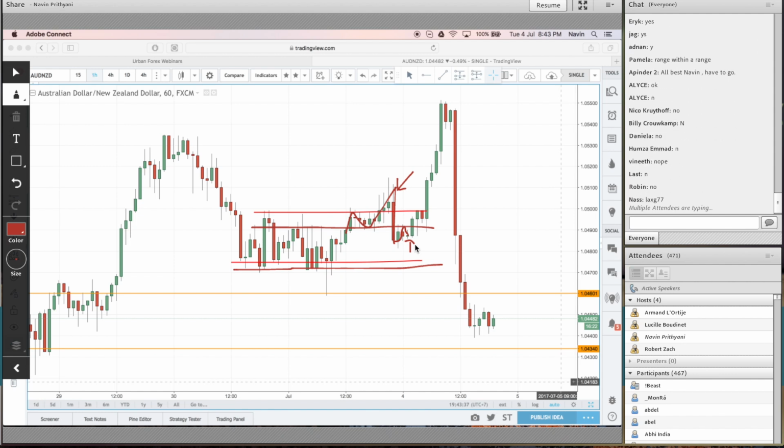No. So that's clue number 1. Okay, that's interesting. He's not coming down. What's going on? He pops out of the range. Why is he doing that? Then he bounces back down and holds above the range for 3 hours.